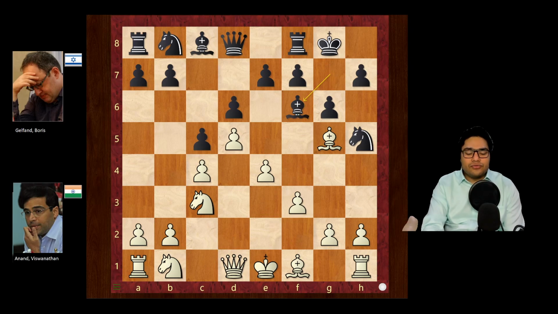And bishop to f6, an interesting idea by Gelfand. Now, typically we say that if we have fianchettoed a bishop, especially, and we have castled on the same side, we want to preserve that bishop, just so that there are no weaknesses in the dark squares or light squares for white, as the case may be. But here, Gelfand offers his bishop up